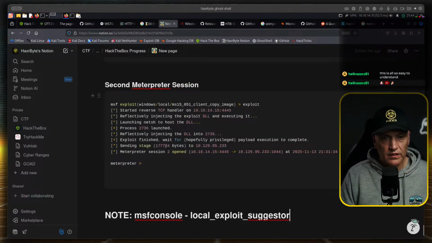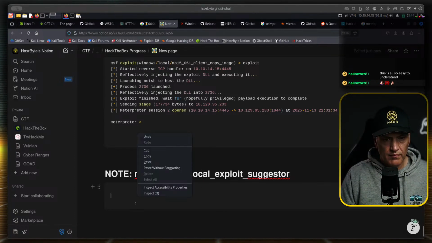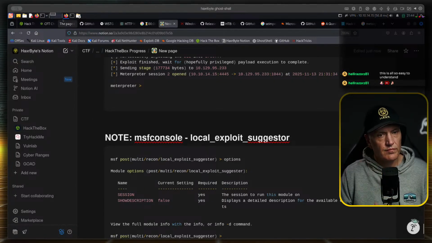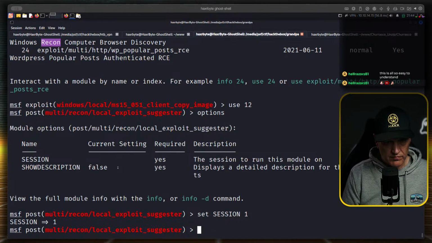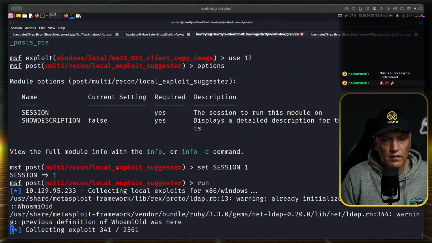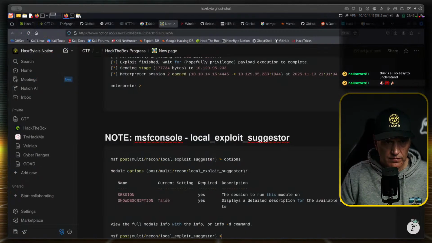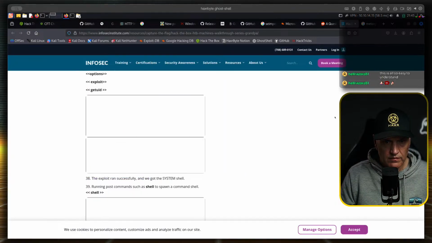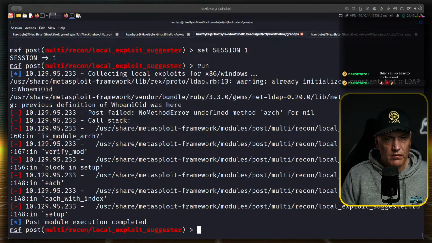Can come in handy. Okay. Interesting. I'm not sure how that would have helped, because that seems to be broken.